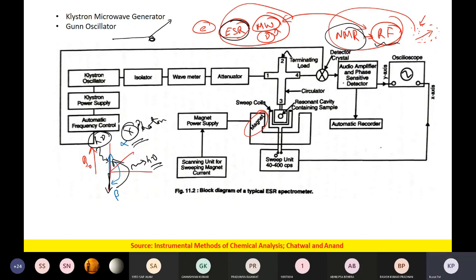We are using it to change the magnetic moment states from the low energy state to the high energy state, and then when it goes back to its original state, it releases that energy, which is again in waveform. Because we have these sweep coils. When do you use the sweep coils basically? Sweep coils are not used to generate particles. They are used to generate or sense the waves, electromagnetic radiations.